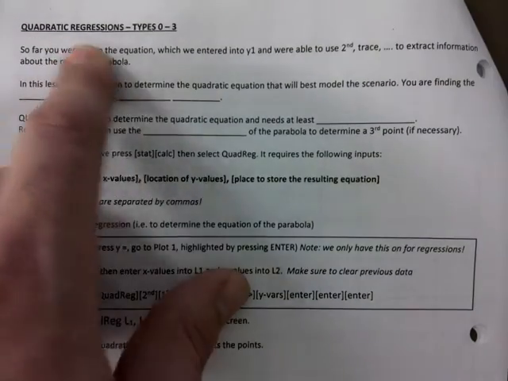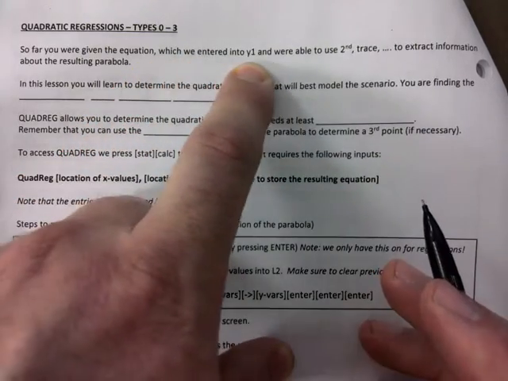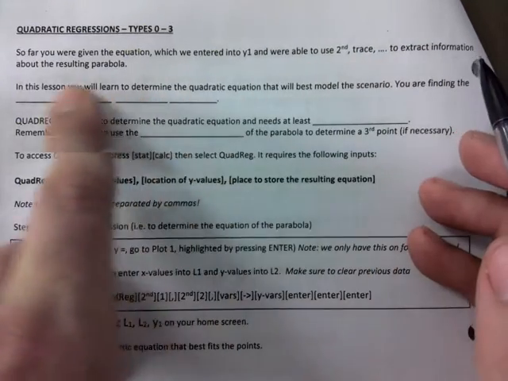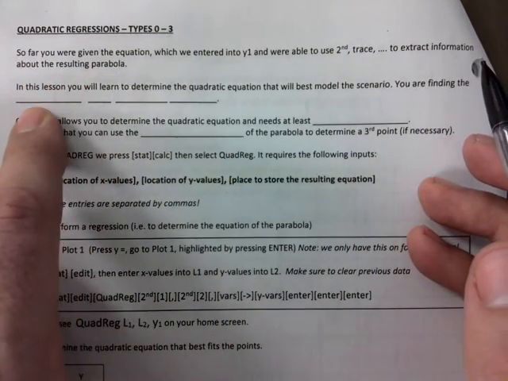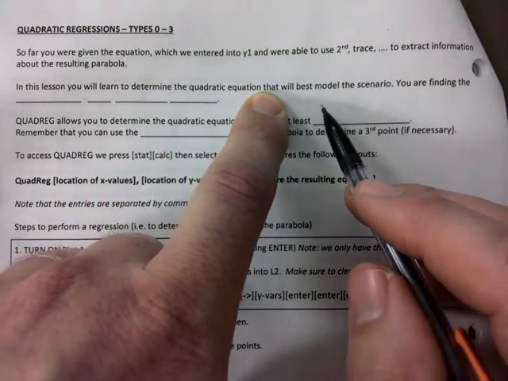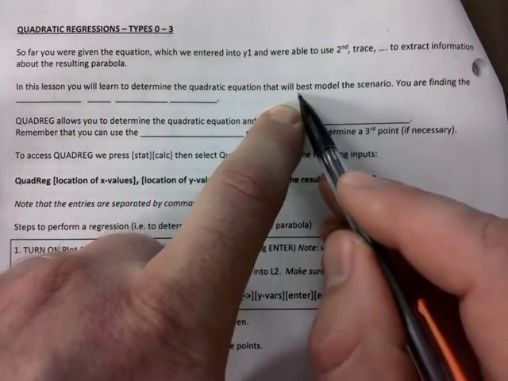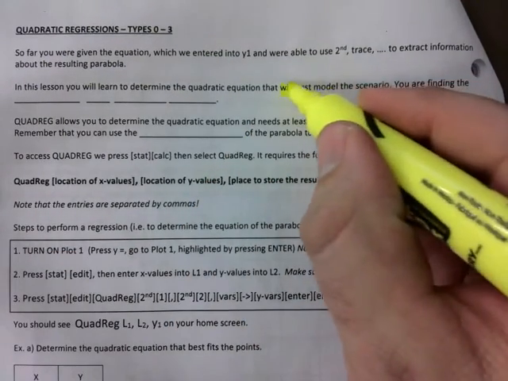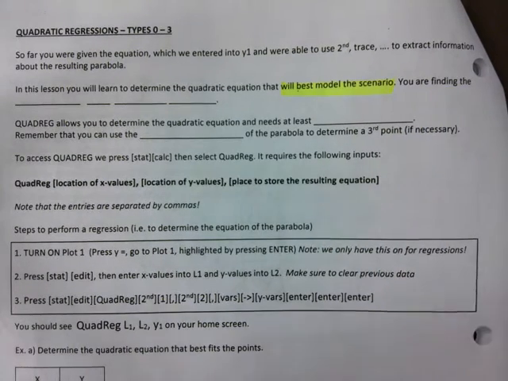So far you were given the equation, which we entered into y1, and we were able to use second trace something to extract information about that parabola. In this lesson, you will learn to determine the quadratic regression that will best model the scenario. You have to understand that it models a scenario. You are finding the line